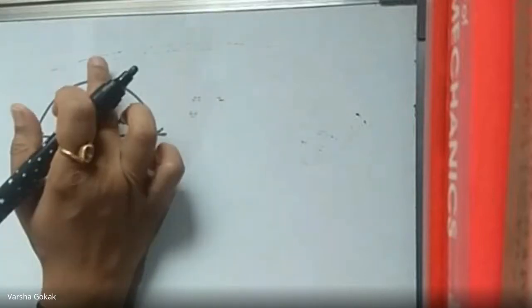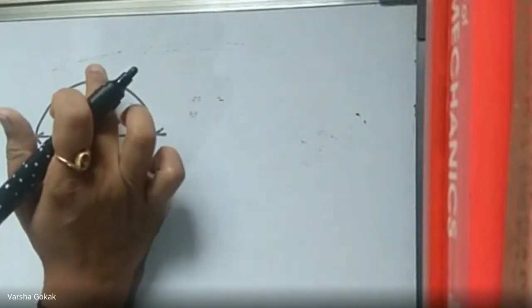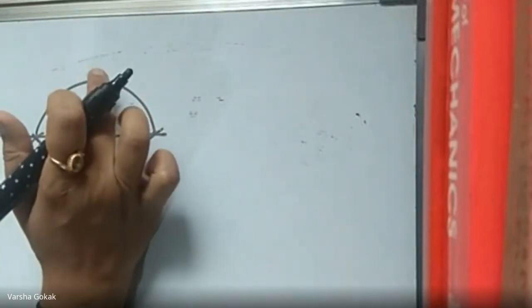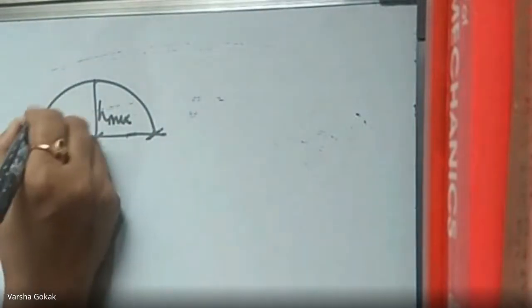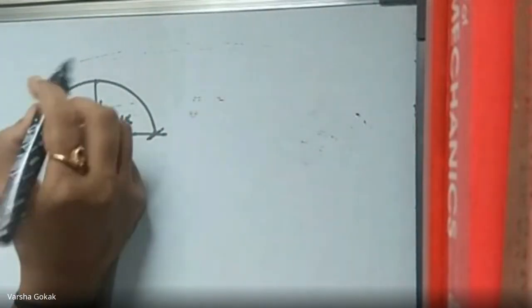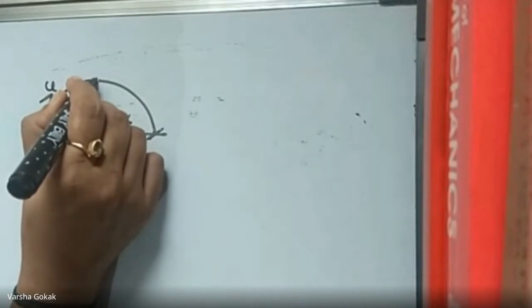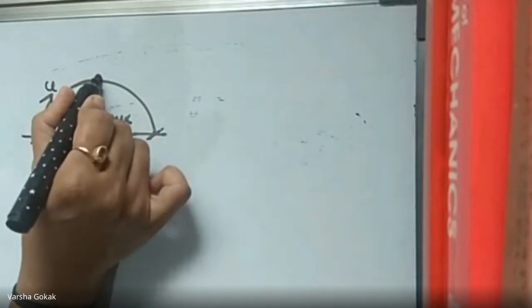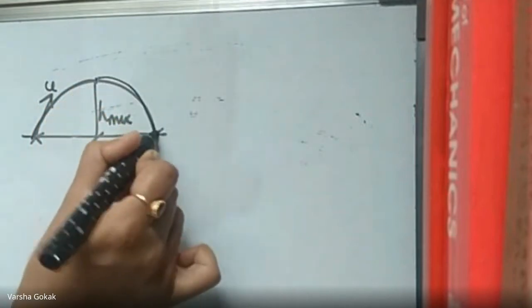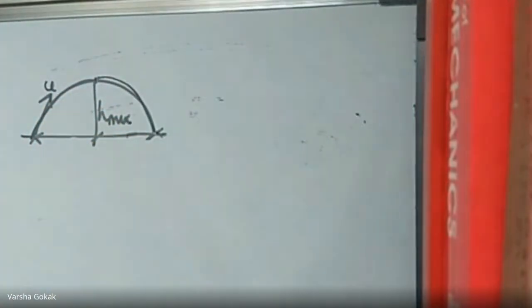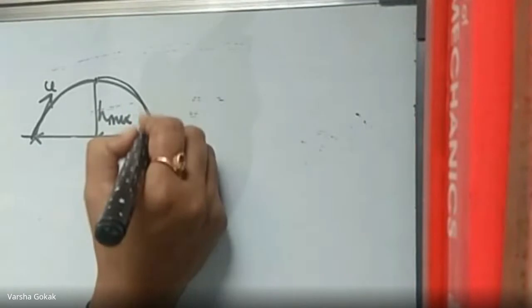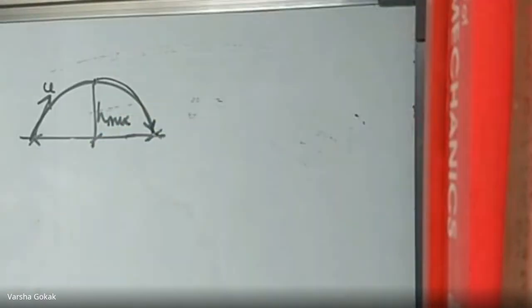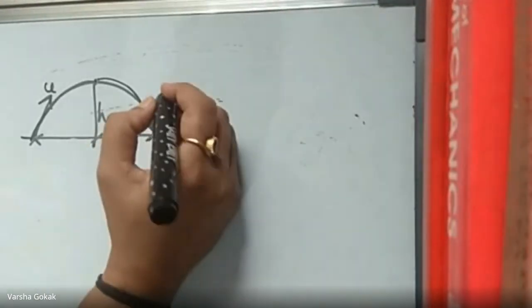See, when a particle reaches the maximum height, the vertical component of the velocity will be 0. Correct? It is going here. It starts with the initial velocity u. It reaches up to here. Going there, what will happen? It will reach its final velocity and then it becomes 0. After which it falls. The second part, it is going to fall by gravity, right?